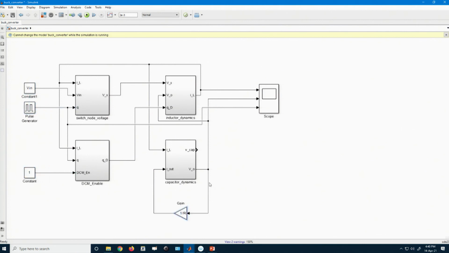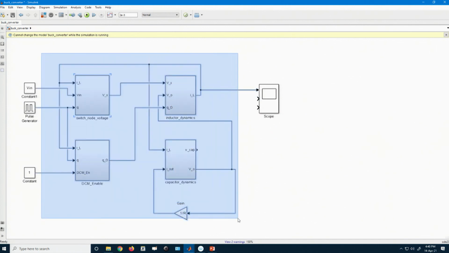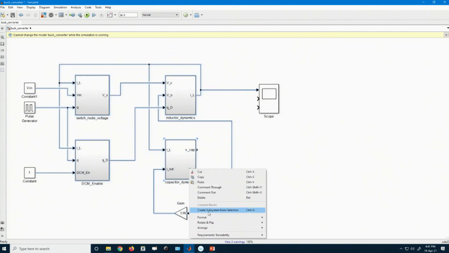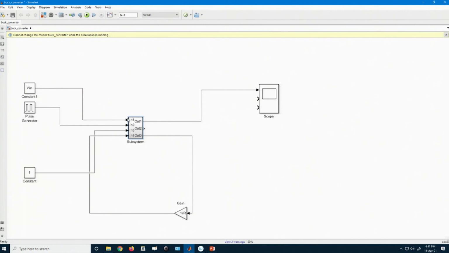If we take them a little bit away, we want to create a subsystem of this block. So, it is possible to create a subsystem.